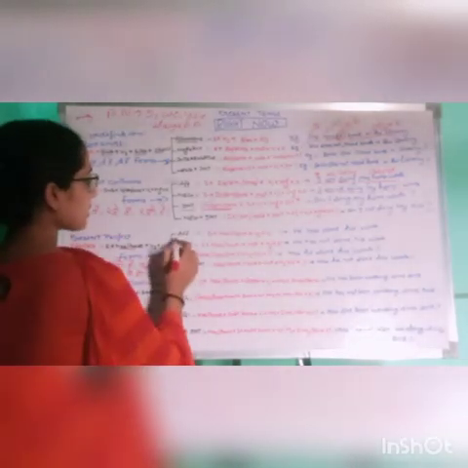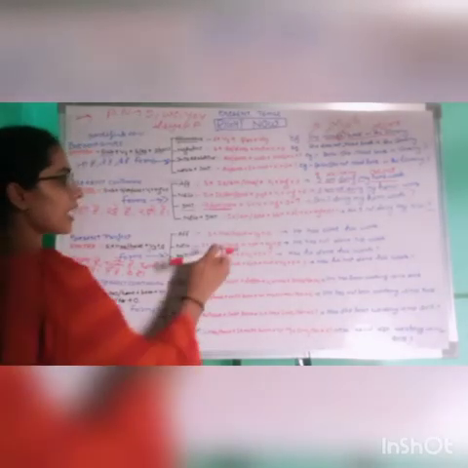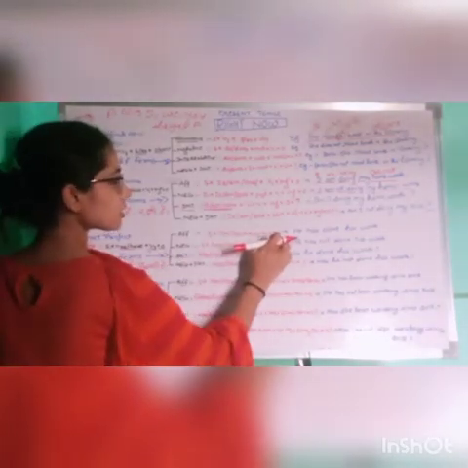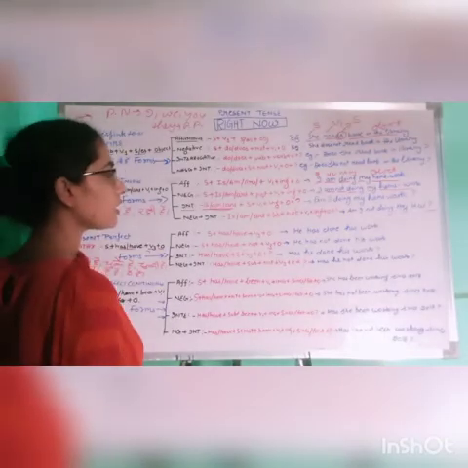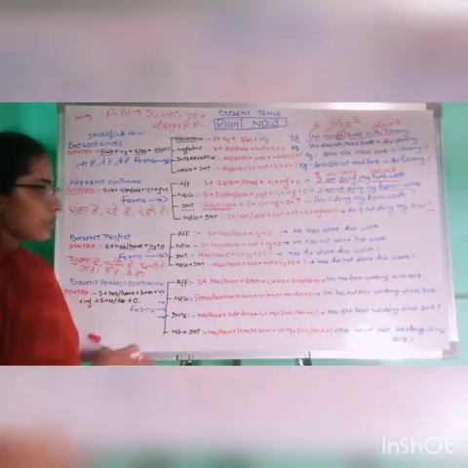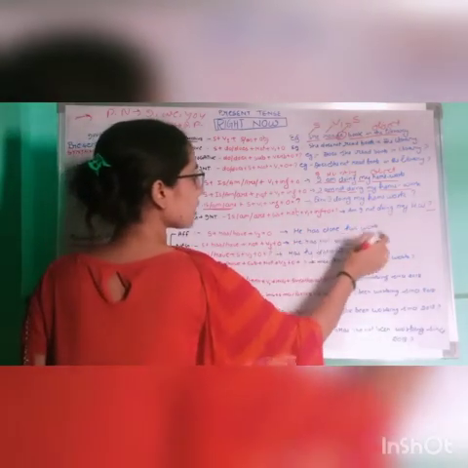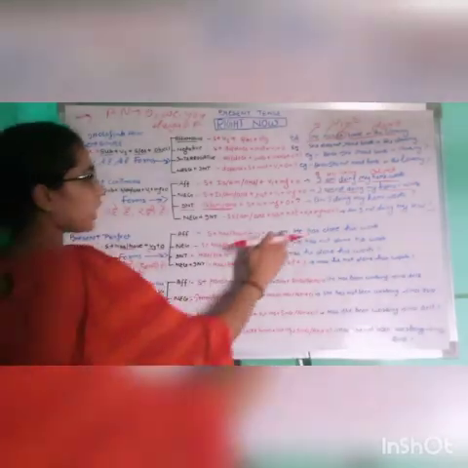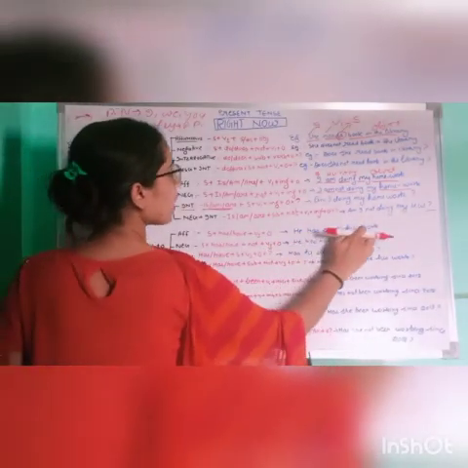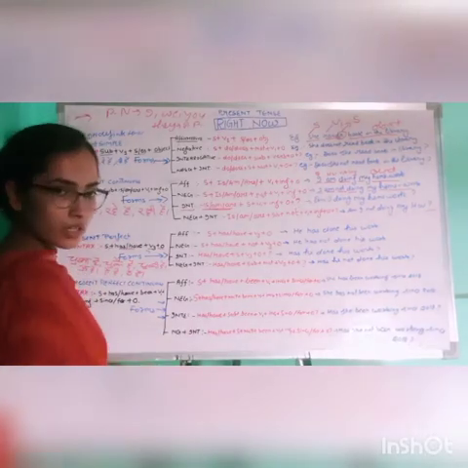Now let's come towards the 4 different forms of verb which lie in the present perfect tense. First is affirmative. The affirmative syntax says subject plus has or have plus verb of third form plus object, right? So the sentence we compile from this syntax is: he has done his work, or you can say I have done my work. This is also the compilation of this very syntax.